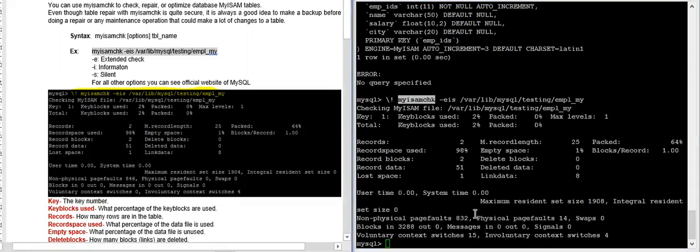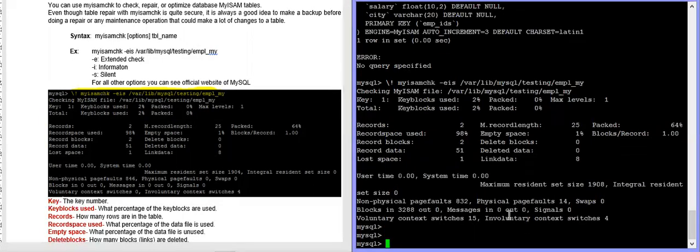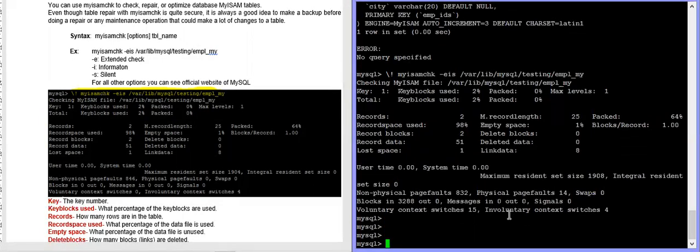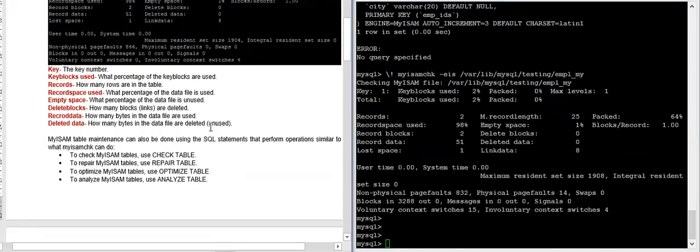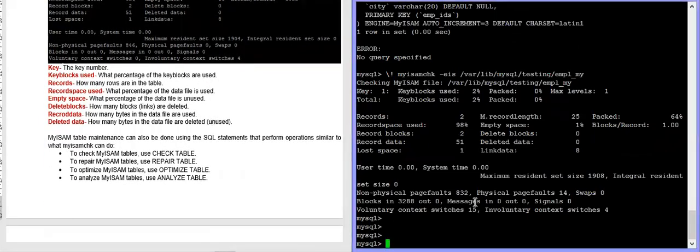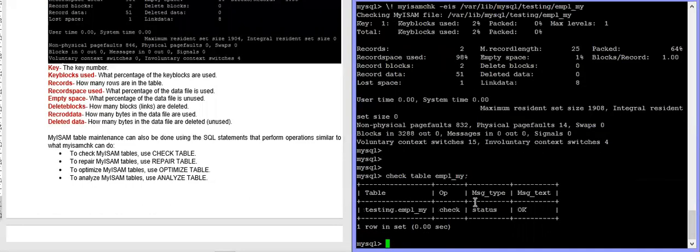Okay. Now coming to the MySQL command, how you can check it. For this, you can run check table, then the table name EMPL. Yes, the status is okay. That means this is not corrupted.